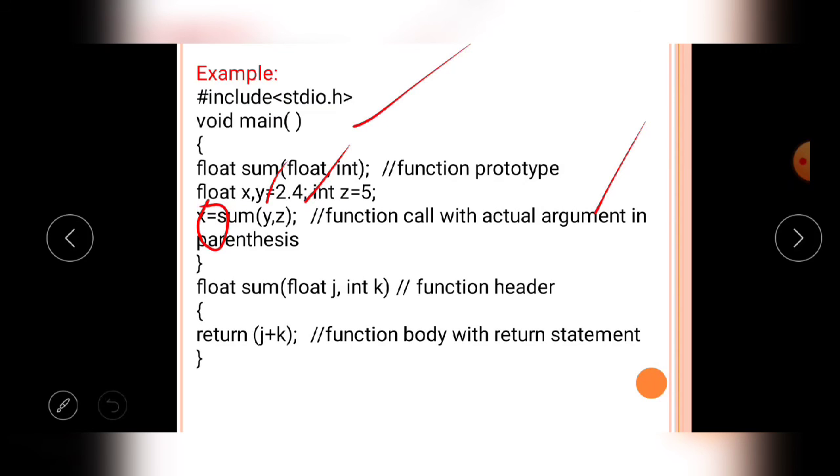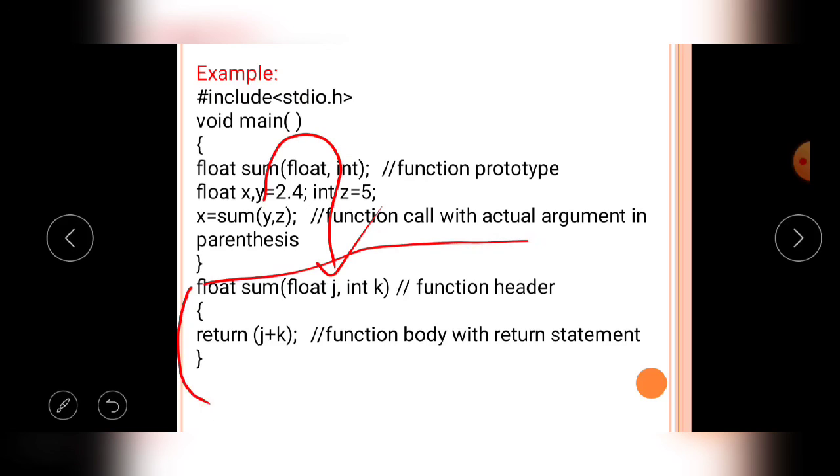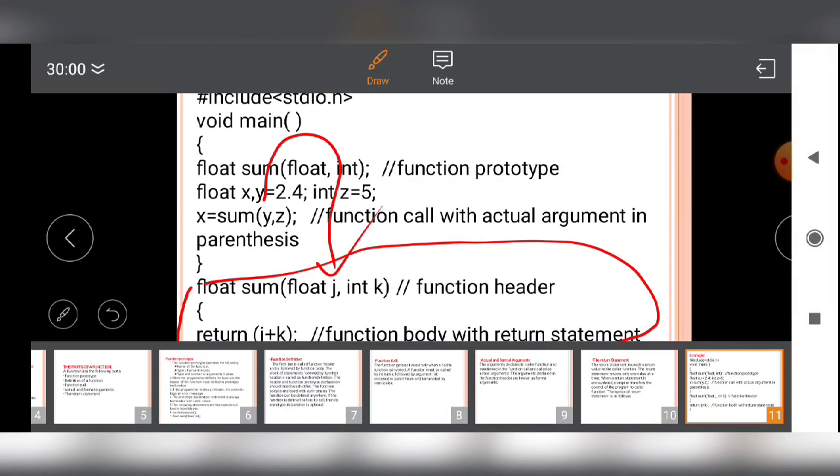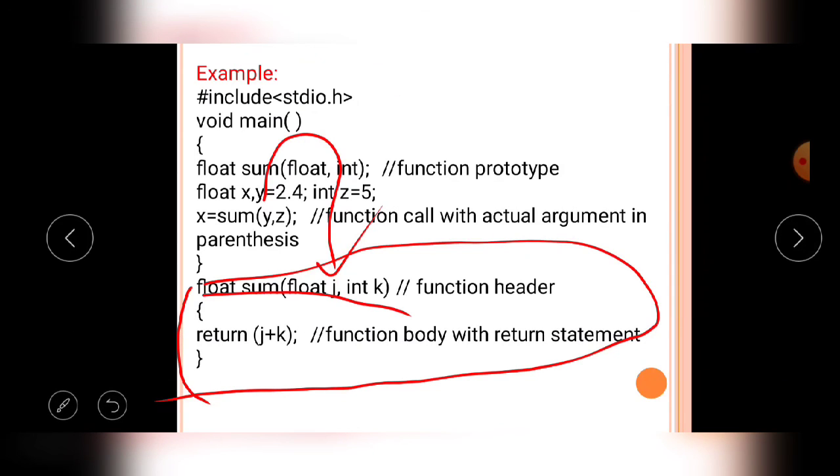Okay, next. Now the control is coming from the caller function to the calling function, and the two values, 2.4 and 5, are pushed from the caller function to the calling function. Now comes the calling function execution. This is called the definition of the function. In the definition of the function, the first line is called the function header.